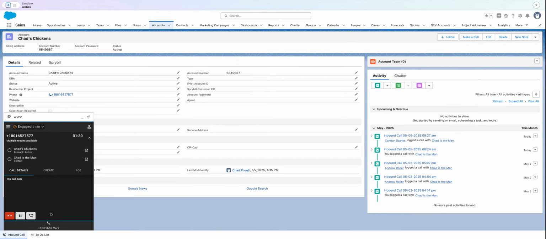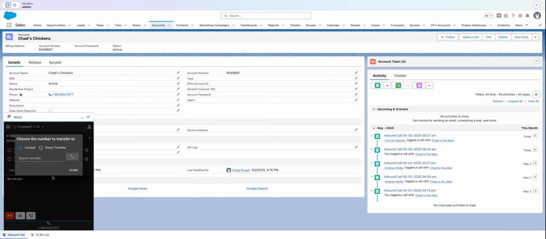Down here at the bottom are the call controls. So obviously I have the ability to end the call here, to place the call on hold, or to initiate a consultative type transfer. So let me just click on this and show what this looks like. If I click on this, I'm presented with two different options. A consult, which is essentially a warm transfer,